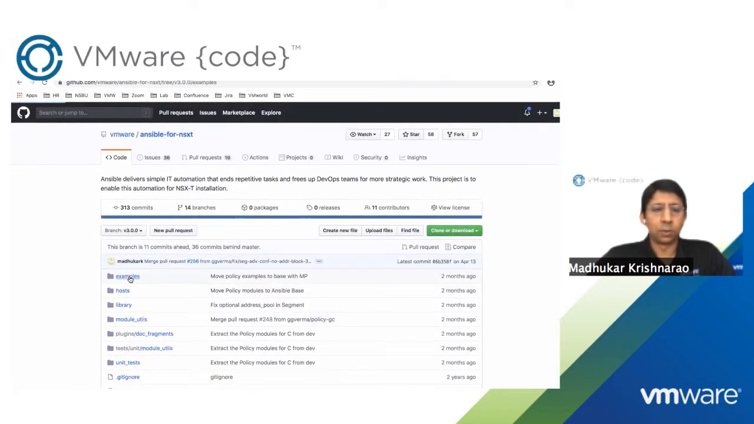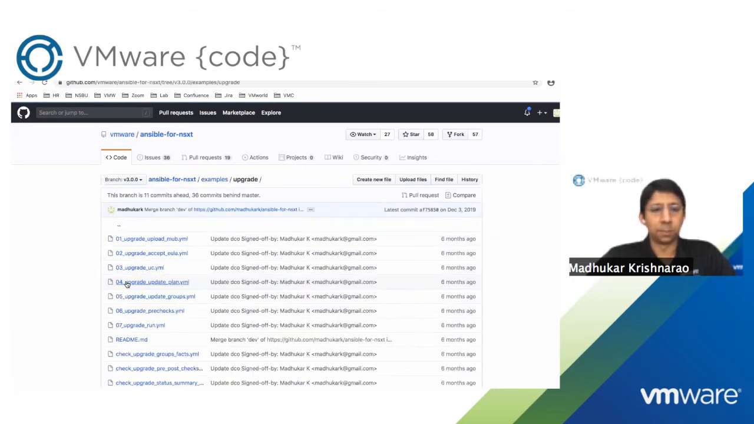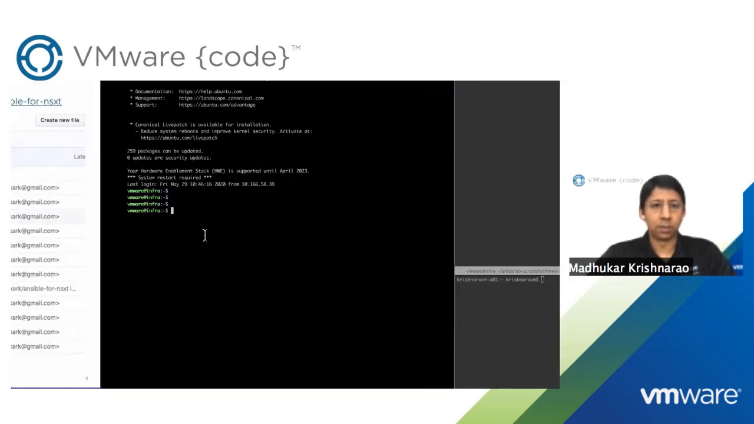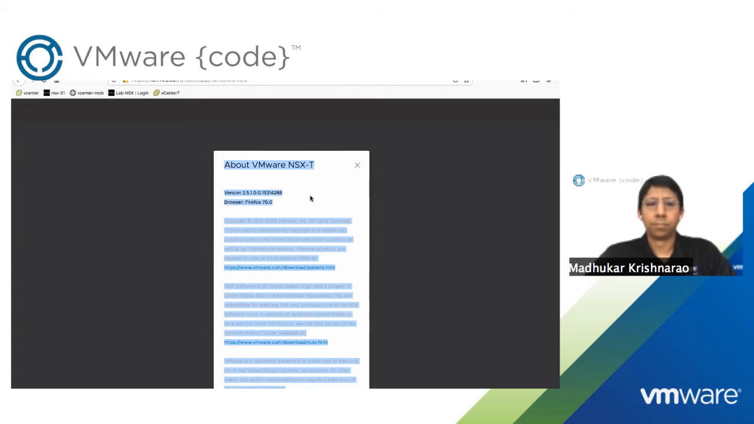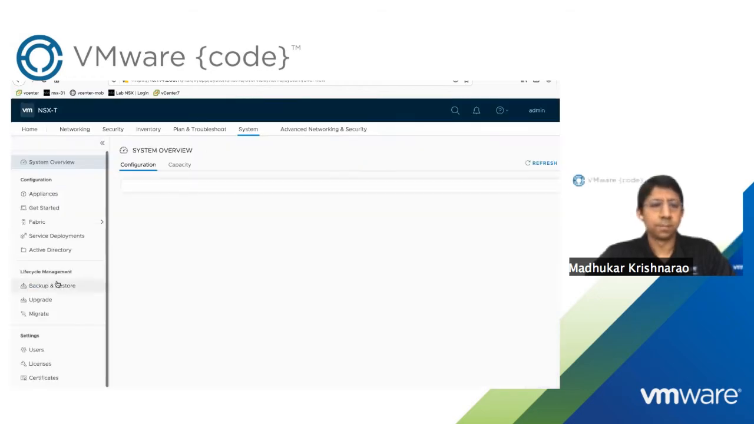But let's go to a specific use case, which is upgrade. And what I've done is already checked out the upgrade example on my setup and prepped my NSX for upgrade. So jumping into that, this is my NSX-T environment. This is 2.5, which you can see, or 2.5.1. So if I go to system and upgrade,